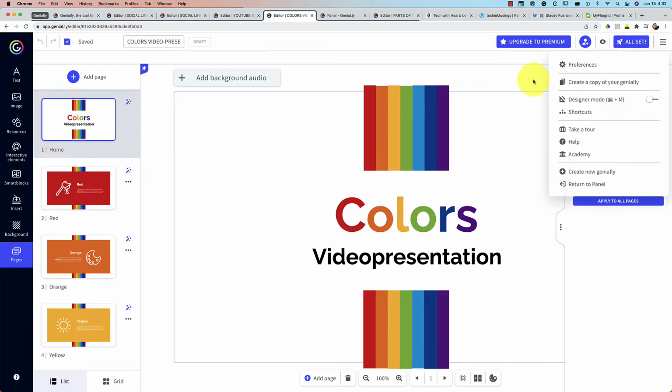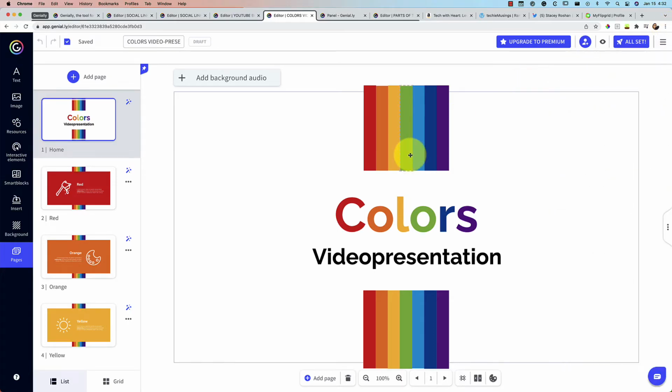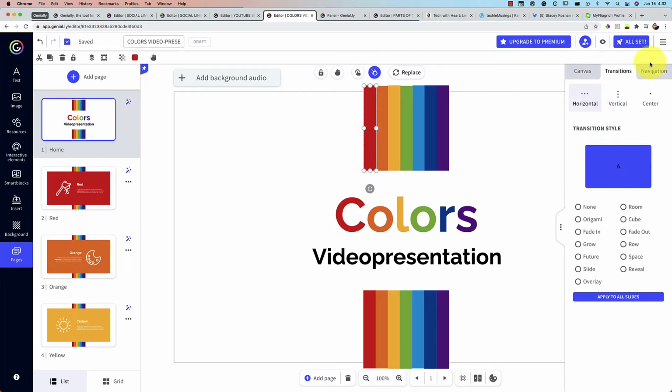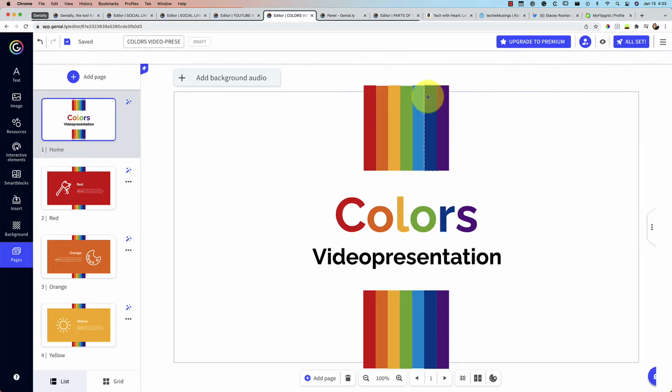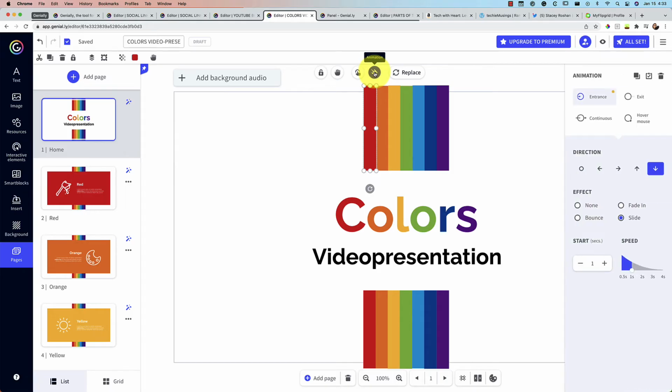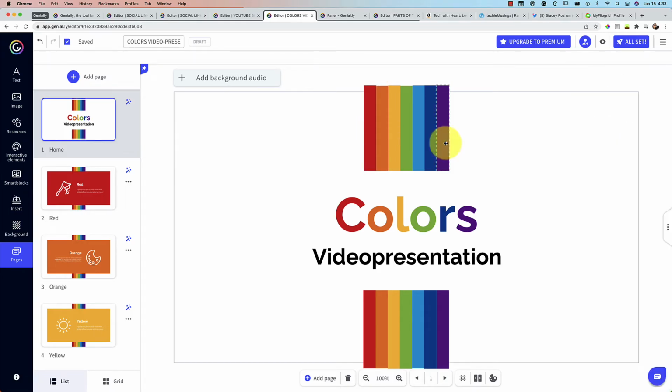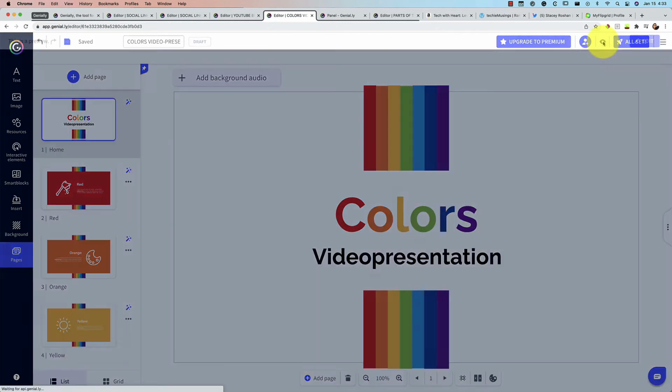So this is one that's already been created quite beautifully, and it's all done through animations. You can open up the sidebar to see the transitions between pages. This one's a vertical transition, and it's the push type of transition that you're seeing there. And then each of these elements has its own animation on it. So this, I would say, would be quite intensive to create up front, but you can start with the template, right? So let's preview it.